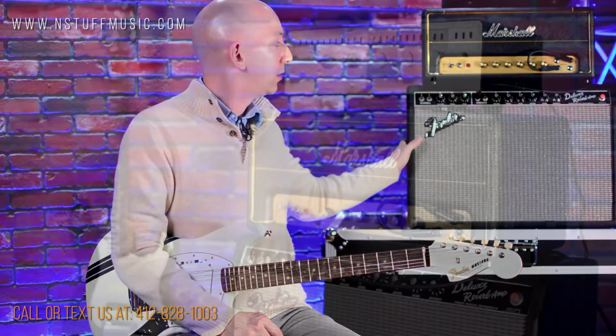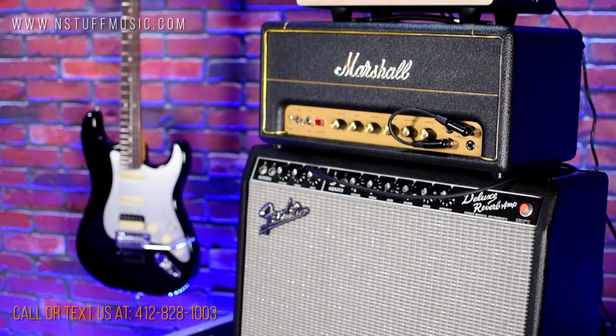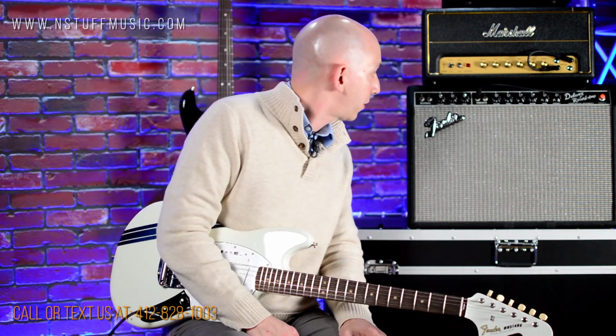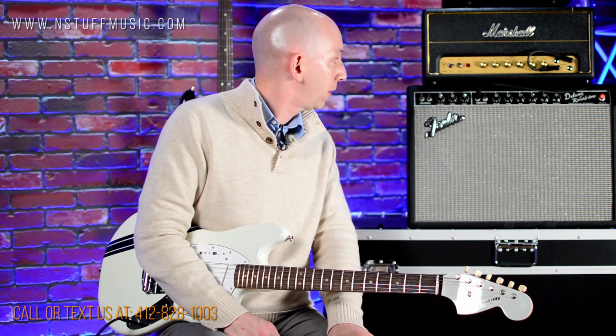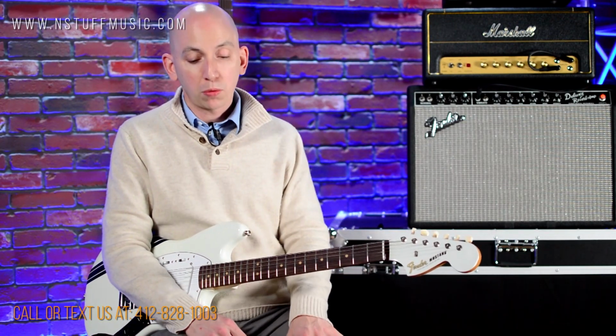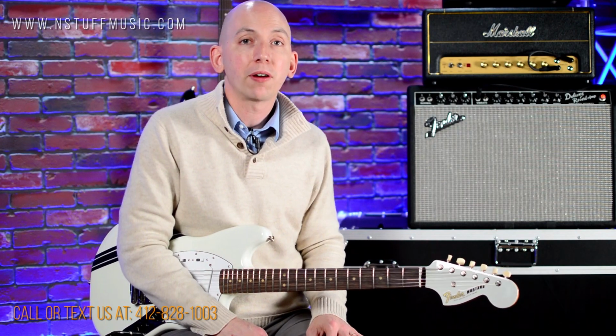I'm using this Deluxe Reverb reissue through the aux into Pro Tools. I have a 121 and a 57 on the faux cab. A little reverb from the amp. I got the volume between 4 and 5, the treble at 5, the bass between 5 and 6, reverb between 2 and 3. Here it is, the Fender Custom Shop 1964 Mustang